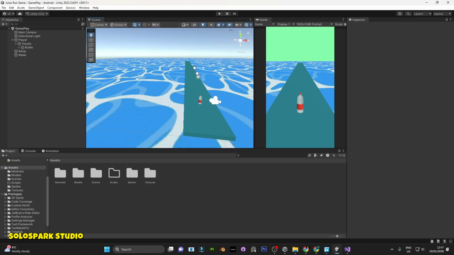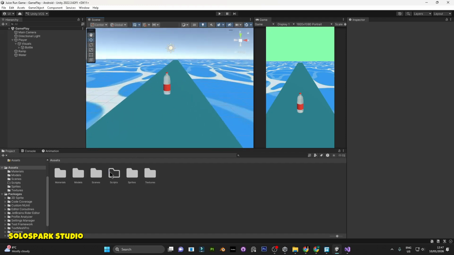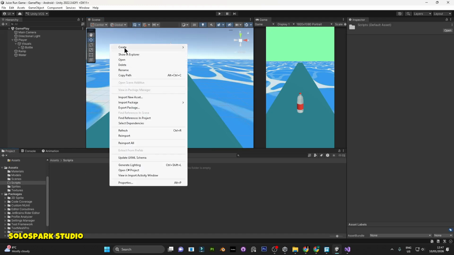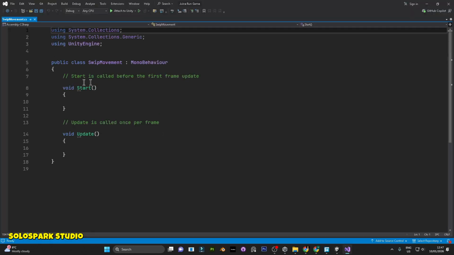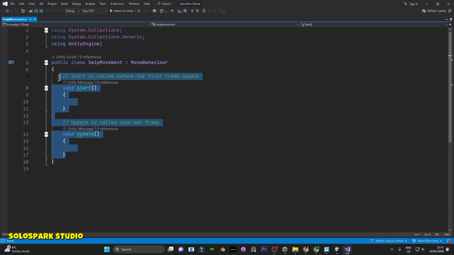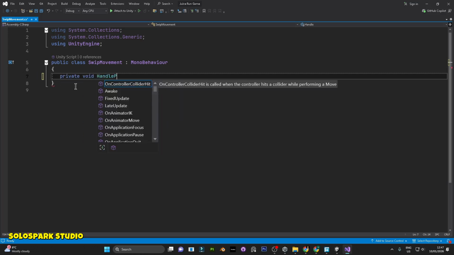Okay, after setting up the scene, we will start working on our swipe movement. Create a Scripts folder, then create a C# script, name it SwipeMovement, and just open it. After opening, first of all we're going to create the movement for our PC, and after that we will create it for mobile as well. First of all we create a method, private void HandlePCInput,